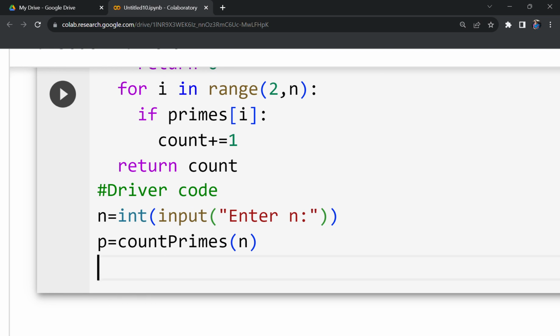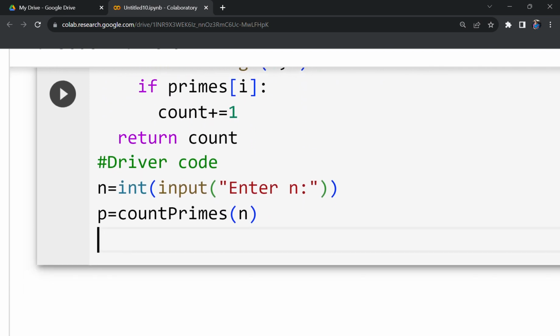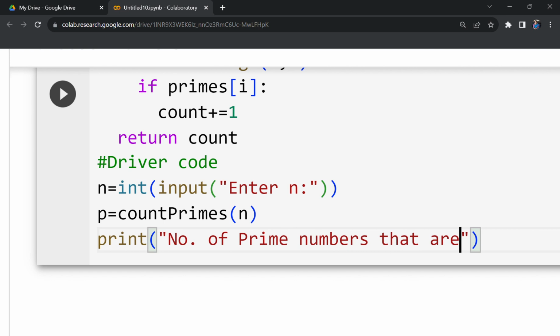While writing the function we call that a parameter. While sending the actual value to the function we call it an argument. So here I must call n as an argument to the count primes function. Now we got the output and that is stored in P. We have to display the result. Print number of prime numbers that are, as this is exceeding